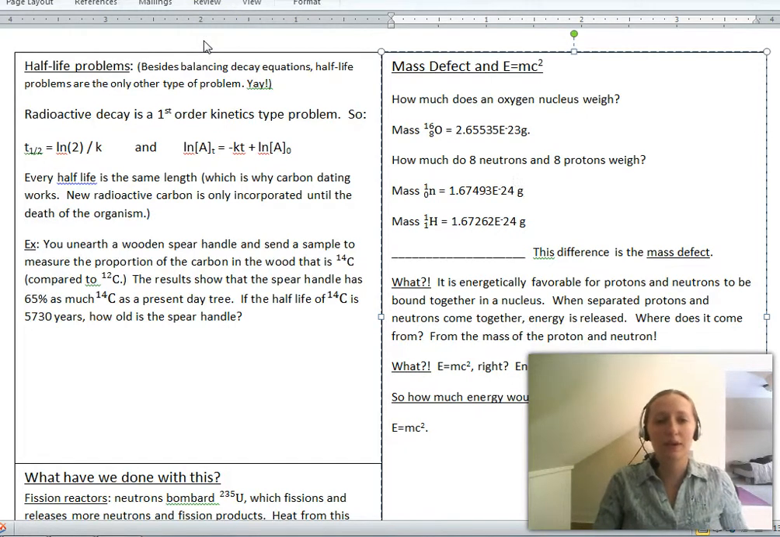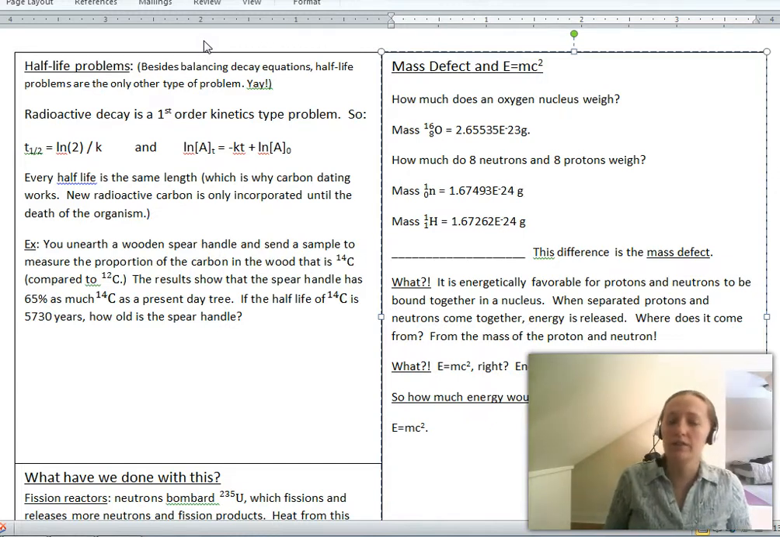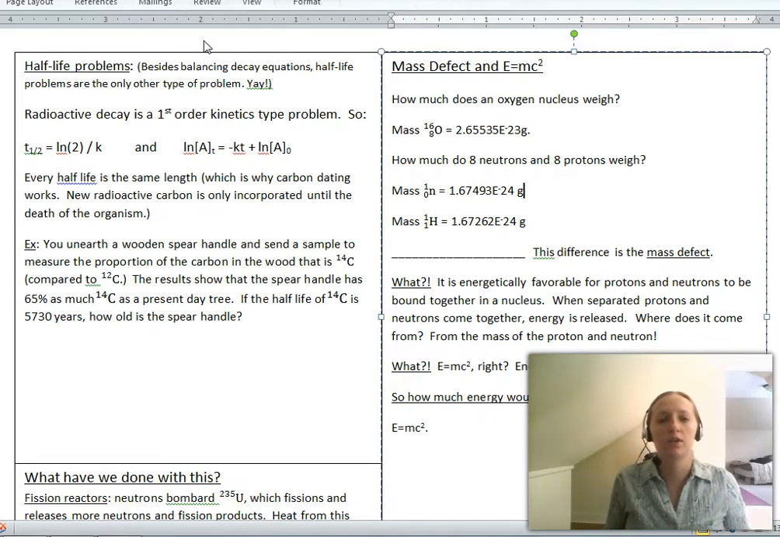Hi folks, this is my second lecture about nuclear chemistry, and we are going to start by talking about the concept of radioactive decay and half-lives and how to do half-life problems. So one thing that is important to know is that you actually already know how to do these problems, because